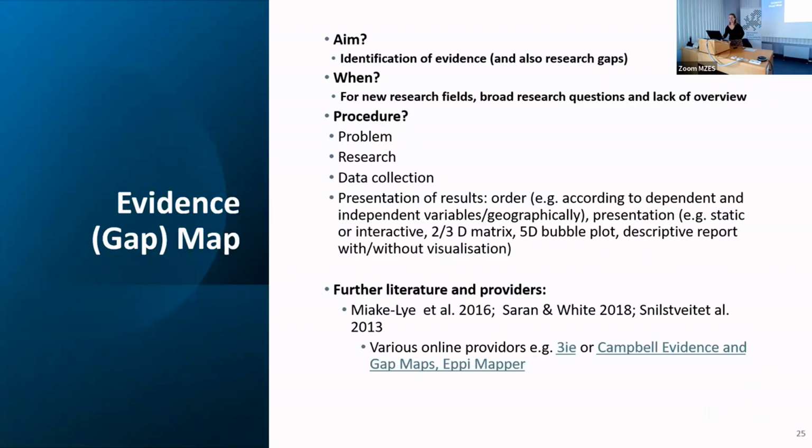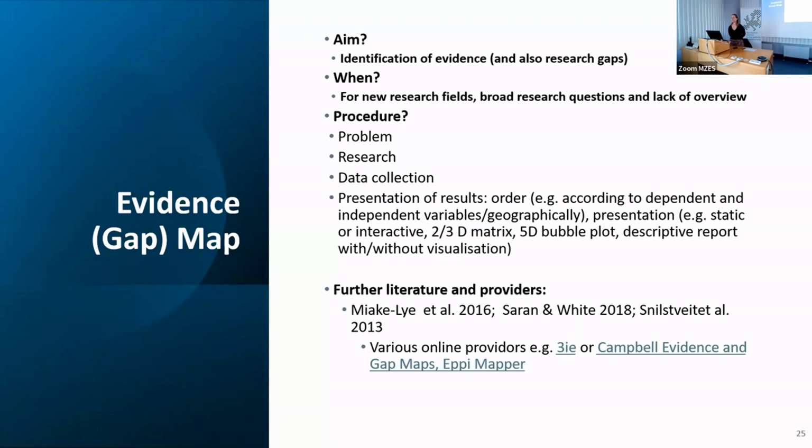evidence gap maps here. The aim of the evidence gap map is the identification of evidence and also the research gaps. You can think of an evidence gap map as quite a big picture you create, and then you see all different X variables and Y variables concerning one research field in one big map. And then it tells you, okay, there are papers which already investigated the effect of X on Y, of X on Z, of X on W. And then there might also be some gaps,